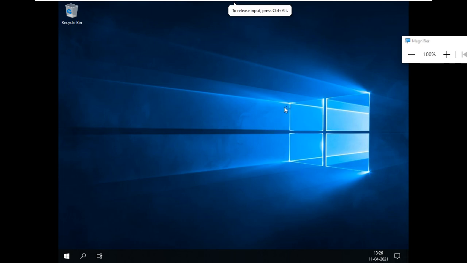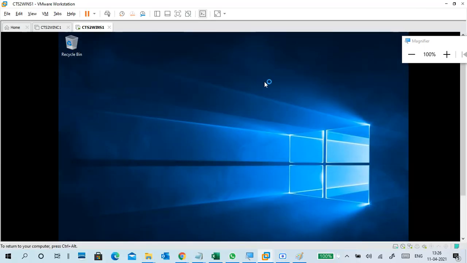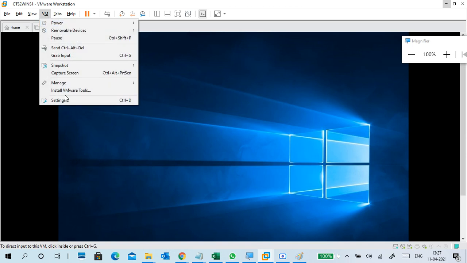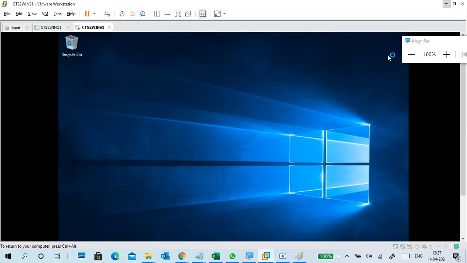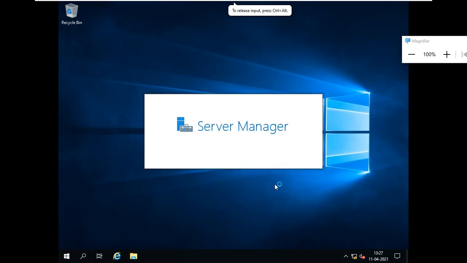Now it is showing a very small screen, low volume. So when I click on my, I'm in a, like this. You can also install VMware Tools. Okay, we'll see that one, but just wait. It is showing Server Manager, and my server screen is very small. I have to change the background also, otherwise install the VMware.